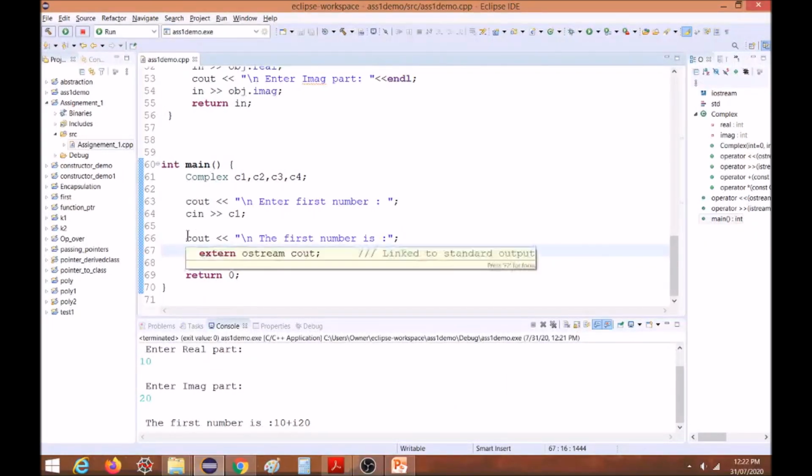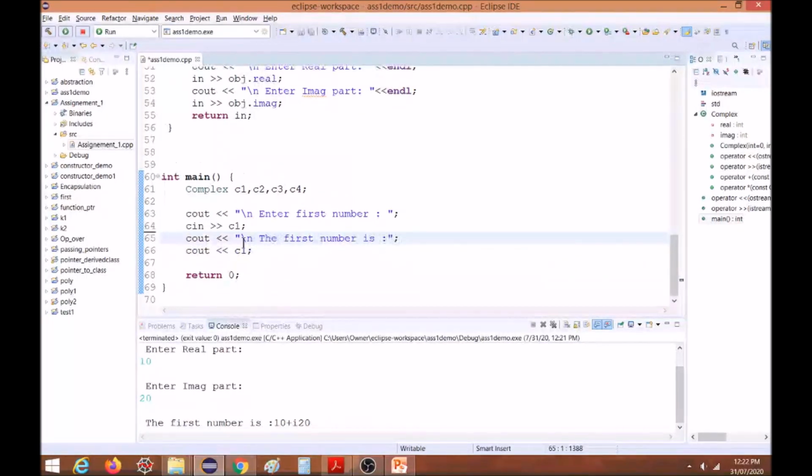Okay, now we'll check whether addition and multiplication are working. Enter first number, then here I will say enter second number, and I will accept c2 here, cin, c2. Okay, then I will add c3 is equal to c1 plus c2, and I will check whether the addition is working.